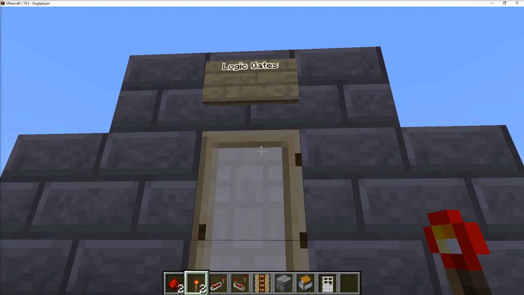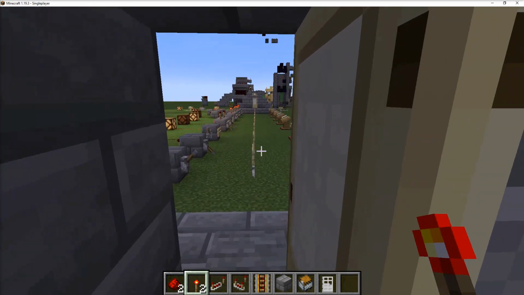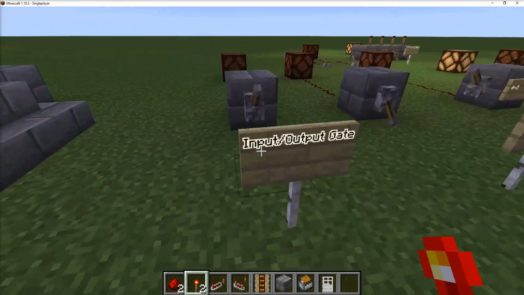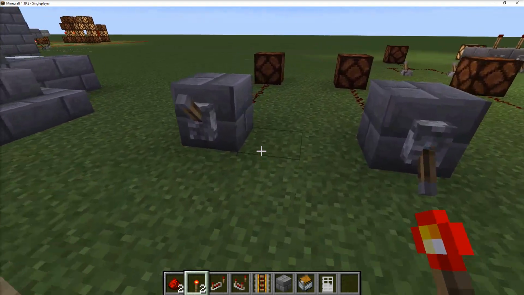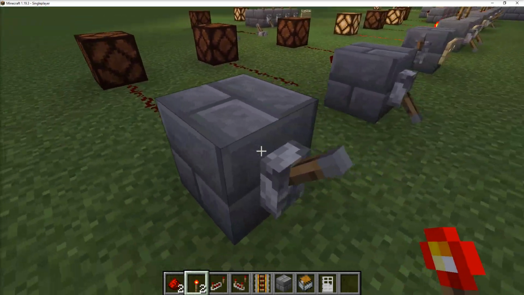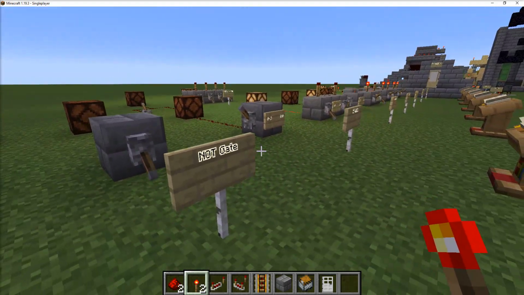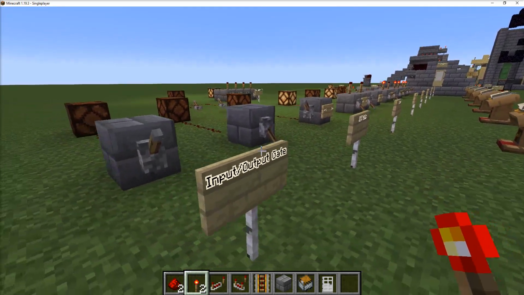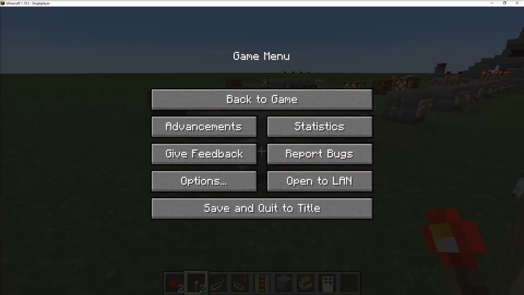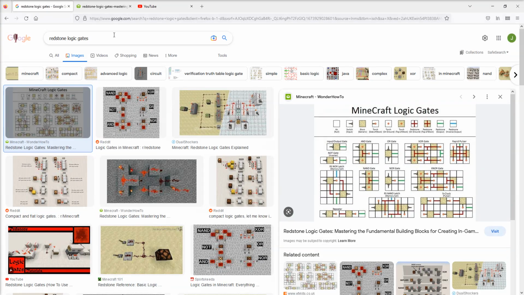In this one we're going to be covering logic gates. Logic gates change the various inputs and give you different outputs depending on the switches. Most gates usually have two or more levers. So if you want to know how to build some logic gates, the best way to do it is to